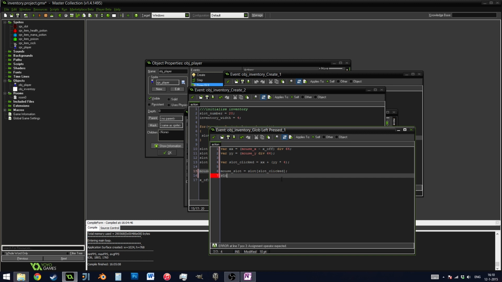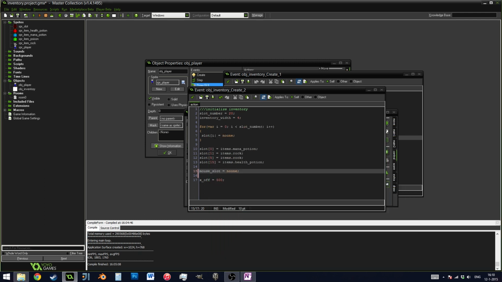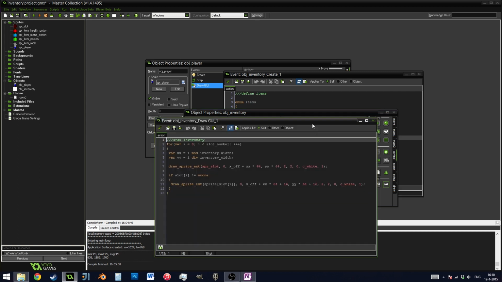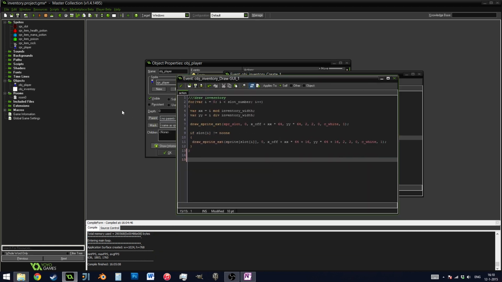And now we want to clear the slot we clicked of the item we clicked on. So we're going to say slot underscore clicked is equal to no one. Let's press OK, press save. If I press run the game, it won't work. First, what I have to do is actually draw what I clicked. So whatever I'm clicking on, I need to have drawn on the mouse. So if mouse underscore slot is not equal to no one,